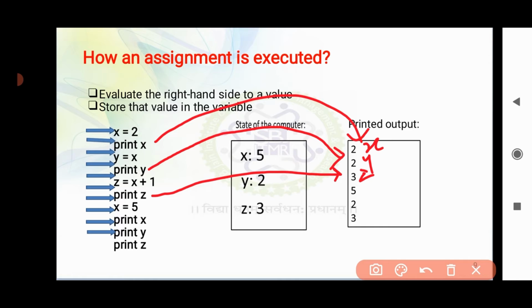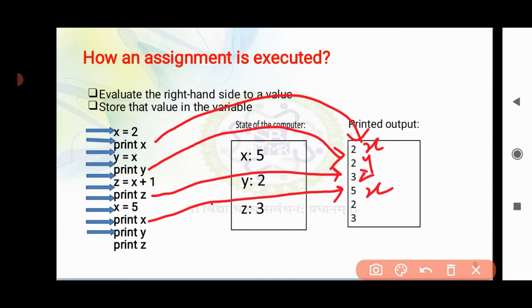Now next we have again x is equal to 5. So we are reassigning the value of the variable x as 5, and then we have the statement print x, so the new value of x will be printed: 5.